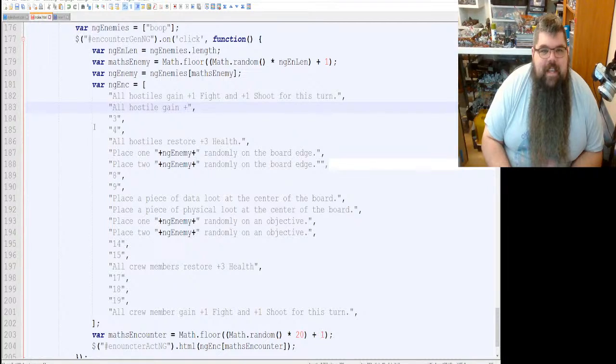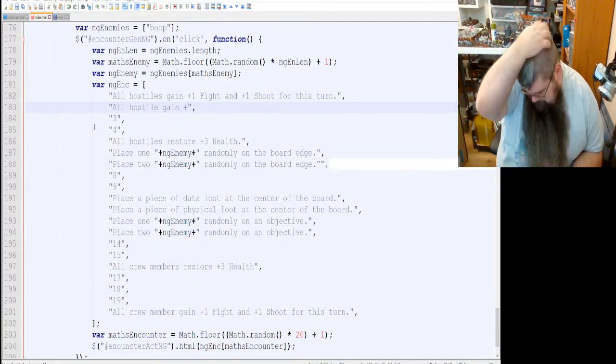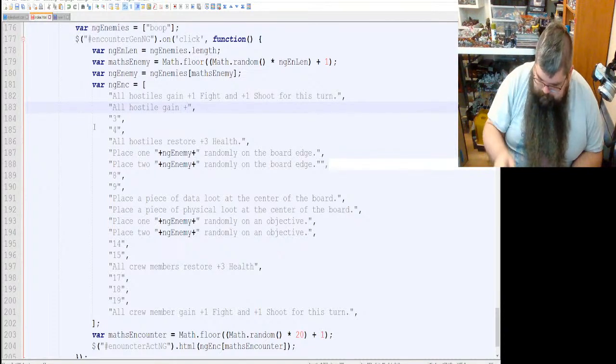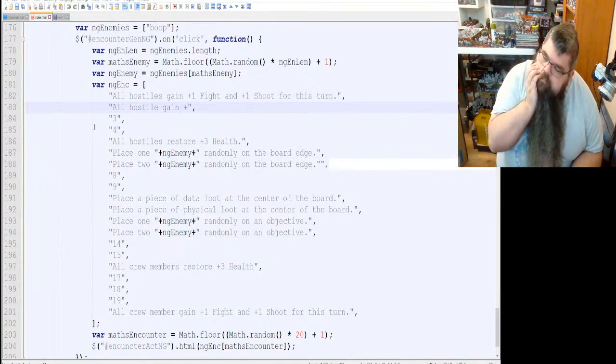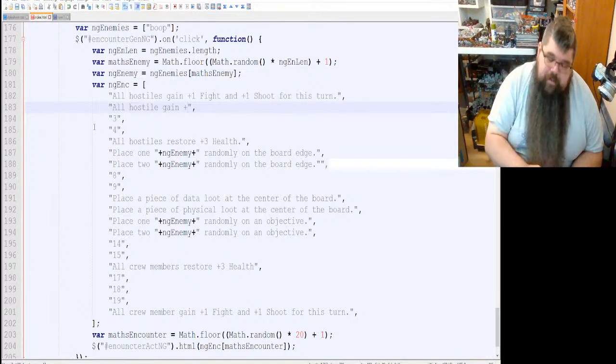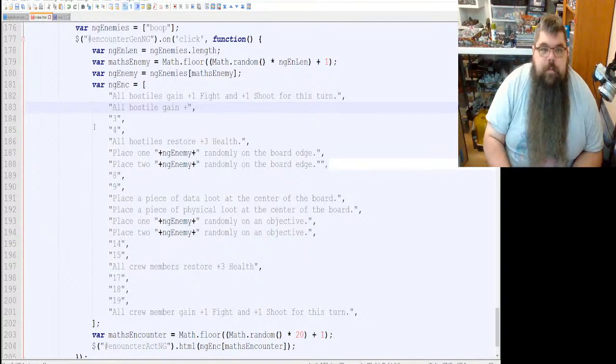All hostiles gain. Let's see, what do we want them to have? +1 damage is rough. That's a pretty big bonus. However, having an extra action is also pretty rough. If we give an extra action to everybody, that's really rough.